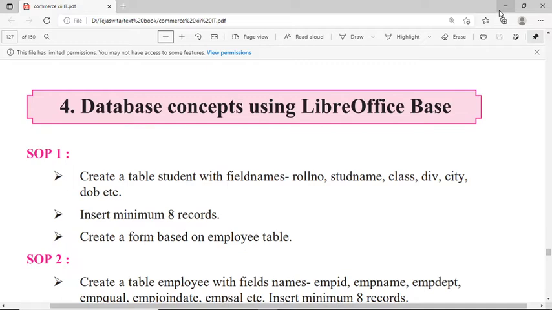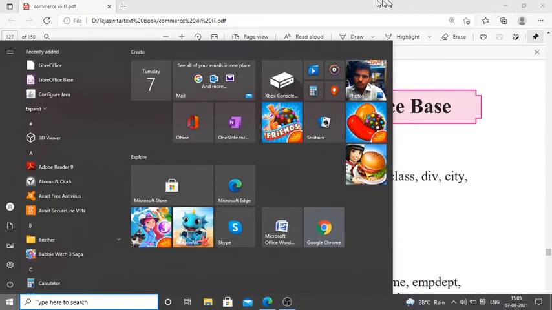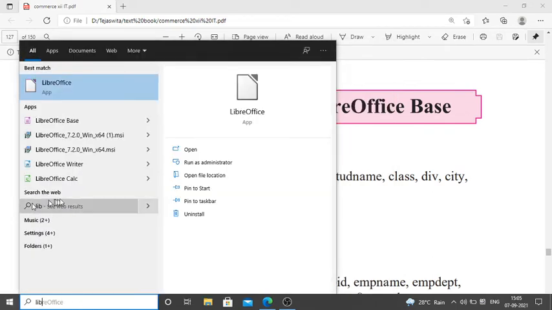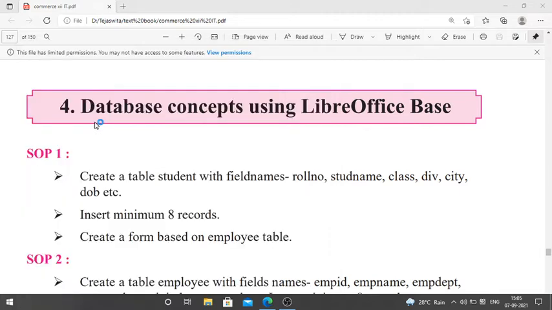So how to start with LibreOffice? Go to start, type something in the search, LibreOffice Base. You can open the whole package, but I'm going to open LibreOffice Base.